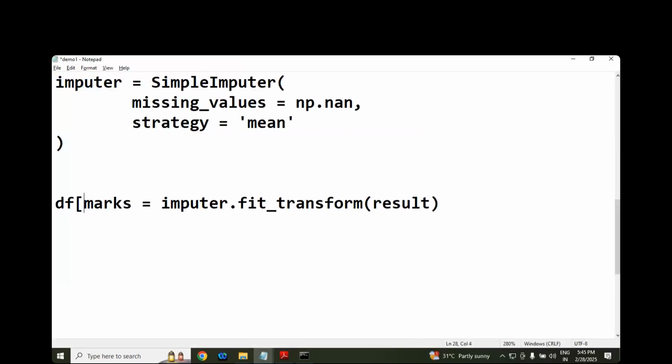So we are trying to handle the mocks column. What column, sir? Mocks column. Good. But imputer fit_transform, here is the story. Here we need one parameter. Here we need what exactly? One parameter. Now that parameter should be,